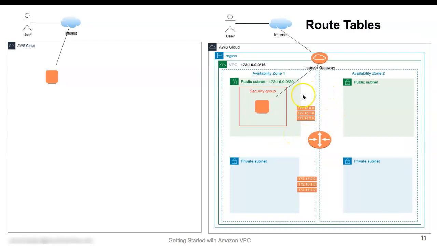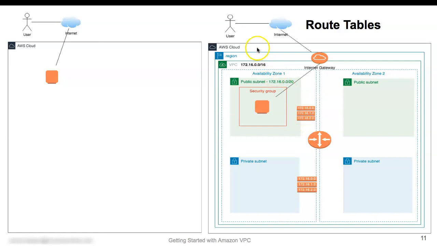There is one more element in the VPC which is called route table. If you look at this picture, then you will see some additional entries. These are nothing but the routing entries or route tables. You also see this one, this is called router. So what is the role of the router?